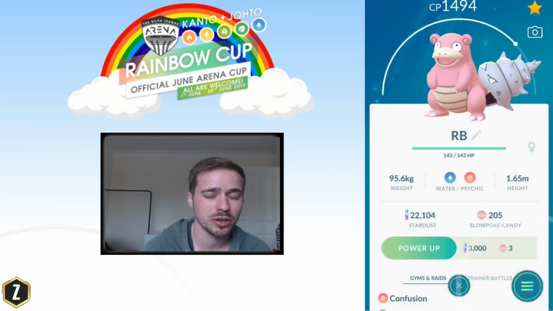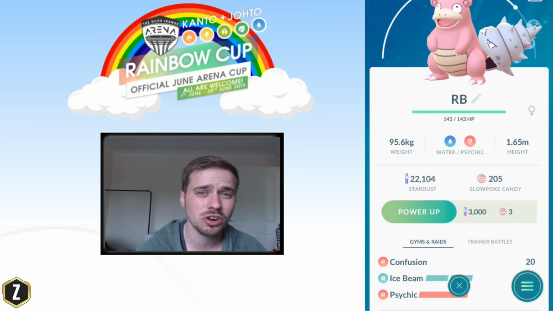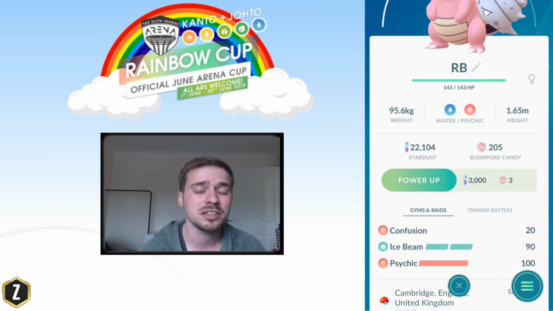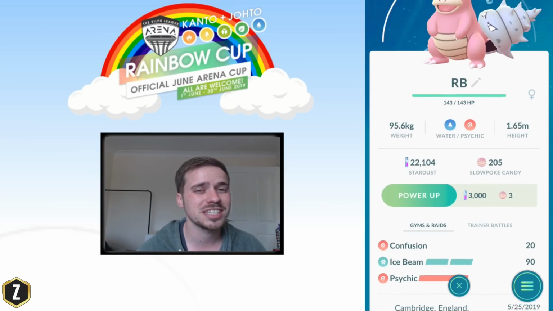Zyonik here, and in today's video we're just going to dive into some battles and we're going to be testing out Slowbro. That's right, guys, Slowbro for the Rainbow Cup is looking like a pretty strong pick, and we're going to be running it with Confusion as a fast move, Ice Beam as a charge move, and Psychic as a charge move. So we're just going to dive right into those battles, but before we do that,